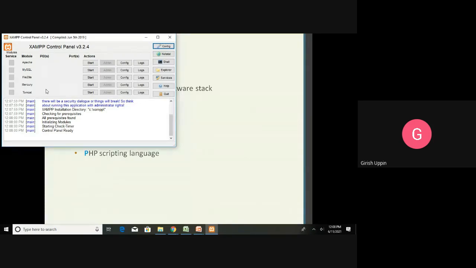I told you that for all the server side scripting, we need a web server to be running. Whenever we have any code to be run, we will run the server. So you can see Apache. Apache is the web server. Then you click start. The server will start running and listening. Whenever there is any kind of request, it will respond. You can see now Apache is running. And for MySQL, if there is any requirement for the database, you can use MySQL.